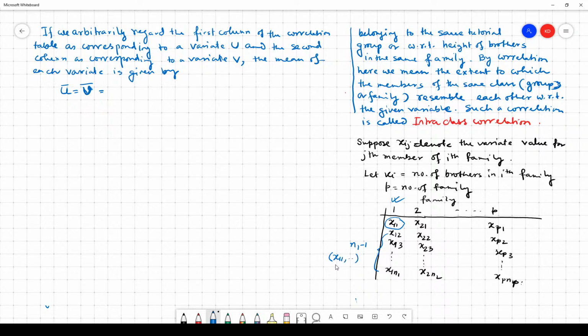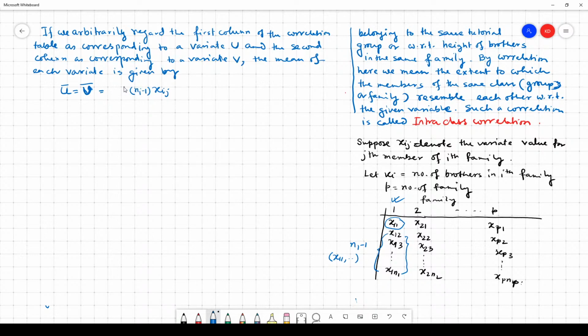If in the pair the first element is x11, the second element can be filled by any of the n1 minus 1 other values. So this is true for all cases. If you consider xij, that is in the ith family, you can pair this xij with other elements in ni minus 1 ways. So